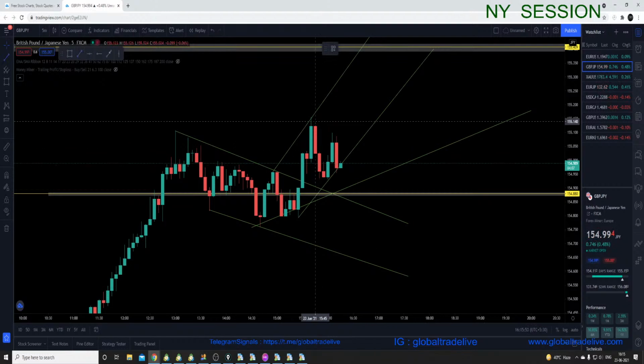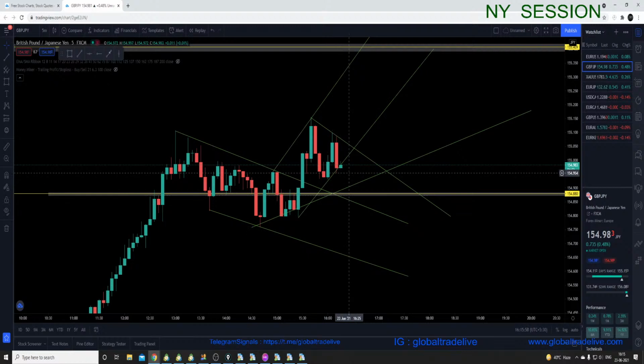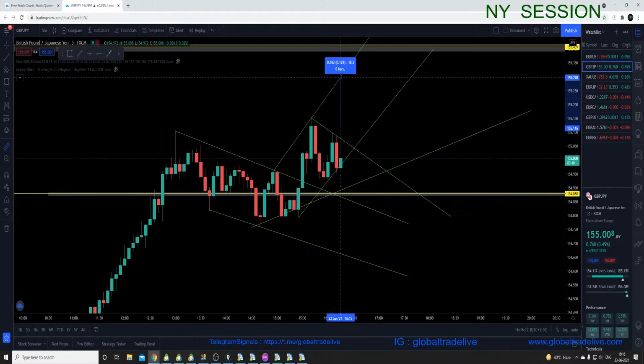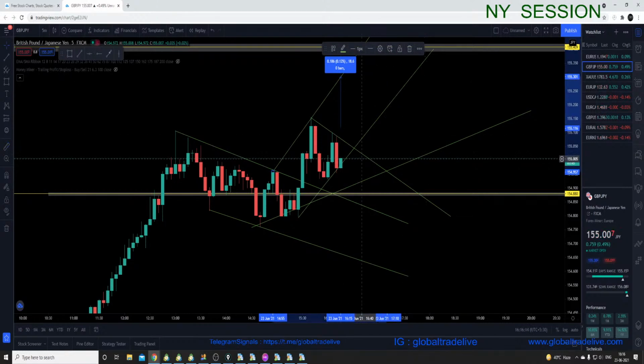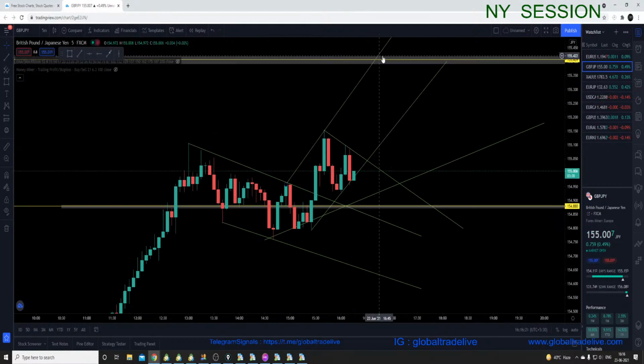Okay, so we got some other information over here like this. So as the market has failed to go beyond these levels, then I think executing buys above this level over here will be a good idea, because you will be having a clean range of about 17-18 pips after this area. So it can move further up and then break this zone at 155.409 and can continue moving up,